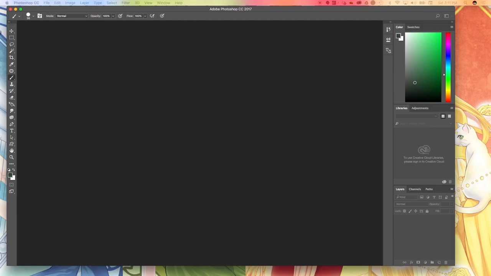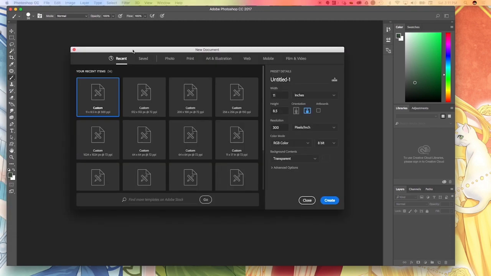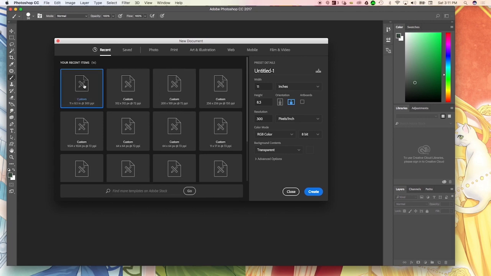and I get all of these lovely options, right? So I want custom, all of these are presets, and you can save your own presets too. It will give you that option. That's what this little thing that says, "Hi, I'm going to put you on my hard drive" is. I'm going to name this file